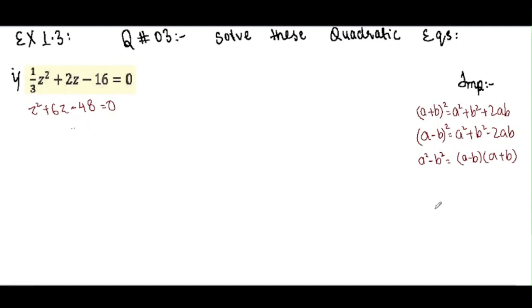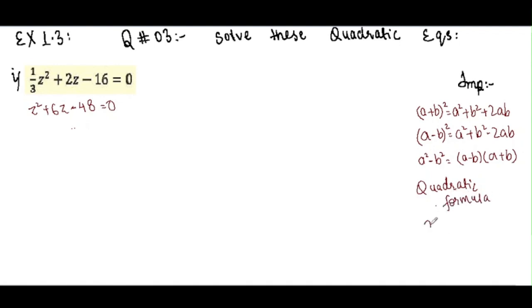Okay, now there are three ways to solve a quadratic equation. First thing is to use these two formulas by this perfect square. It is a plus b whole square ka bhi hamare paas ek formula hai, a minus b whole square ka bhi hai. But here it's not necessary ki hamesha ye formulas complete ho rahe hain, hamesha aapko ek a mil raha ho, hamesha ek b mil raha ho. So it is sometimes usable, sometimes it's not. These are not quadratic formulas, these are, you can say, completing square. Okay, one way is also quadratic formula, I'm going to explain it later.